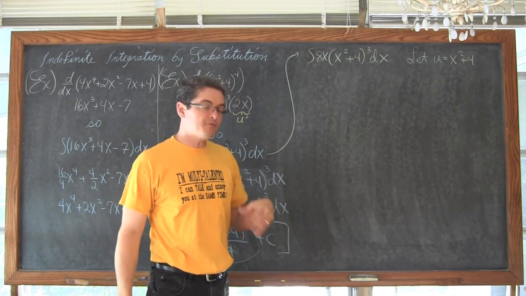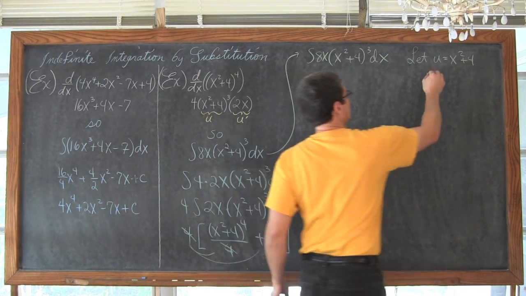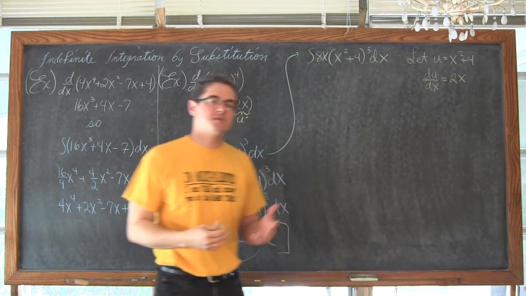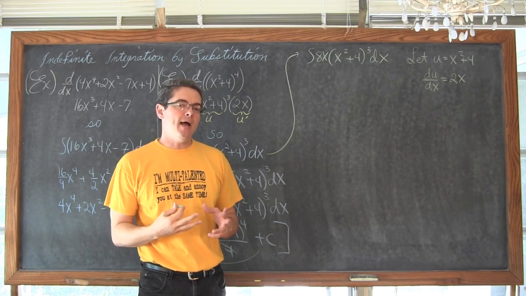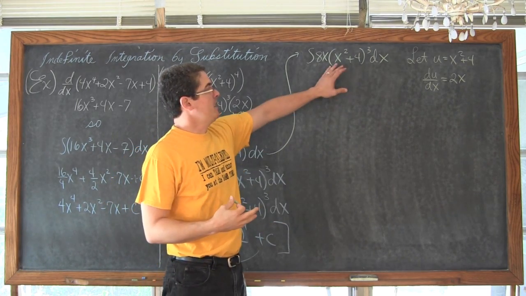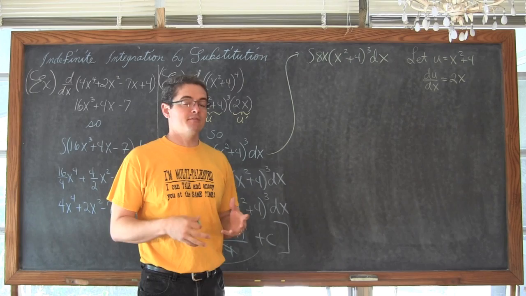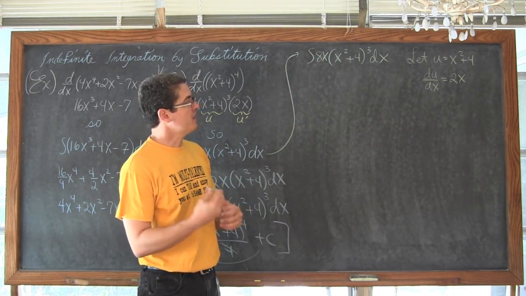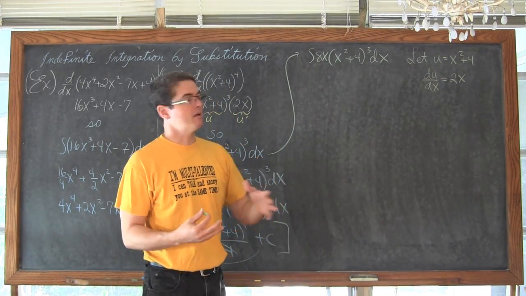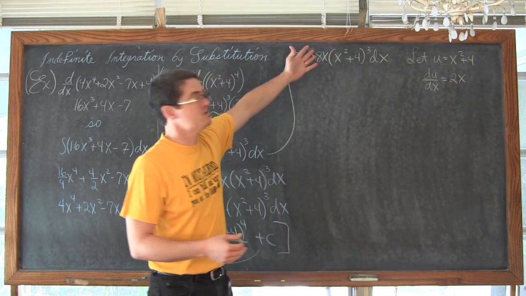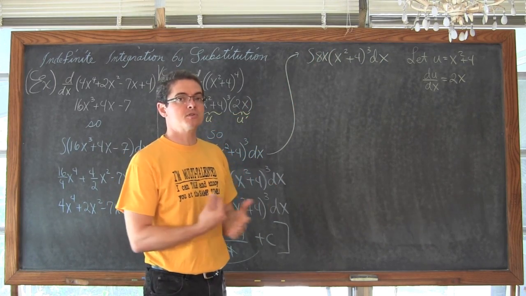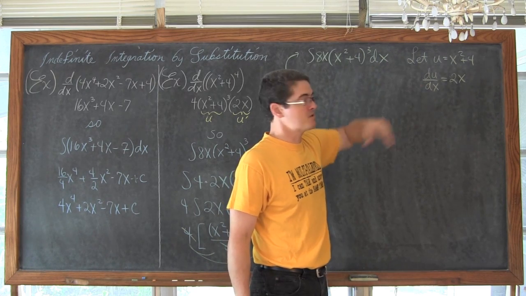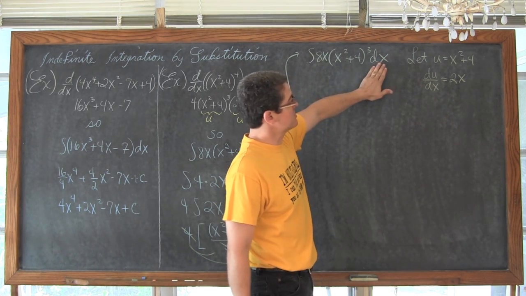Now, we need to find the derivative of u with respect to x, so du dx is equal to 2x. The whole purpose is when you do u substitution, you have to eliminate all references to the original variable of x and have the indefinite integral written only in terms of u. So I have to play around with this u expression until I can get a couple of equations over here that will allow me to go back into my original problem and do all these substitutions so all the x's go out. You really aren't going to write this du over dx equals 2x, because you need to have that dx to show up